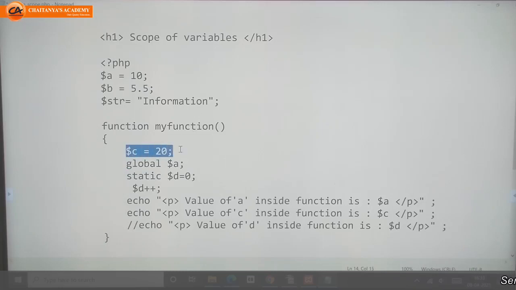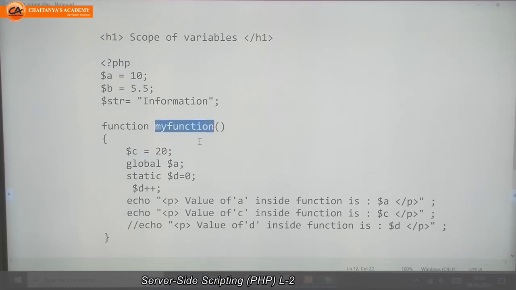This is again one variable, $C is equal to 20. What does this line of code mean? It means the C variable is a local variable for this function.